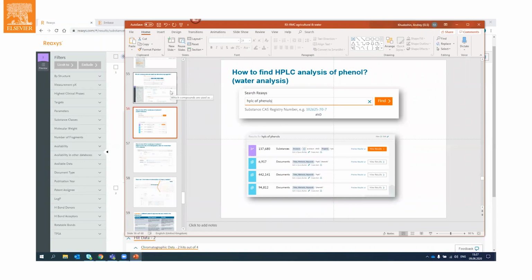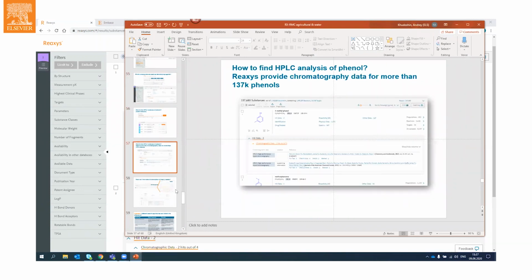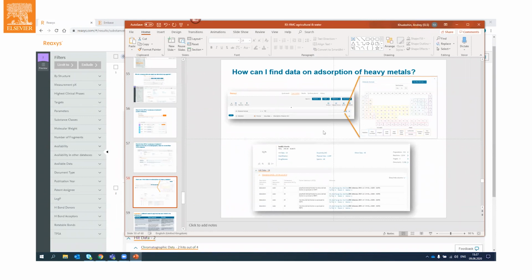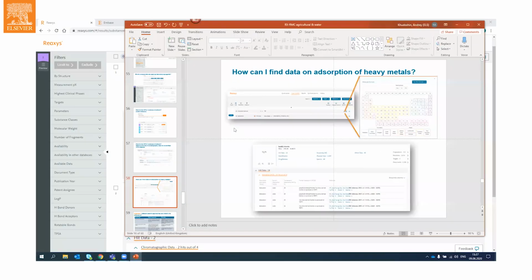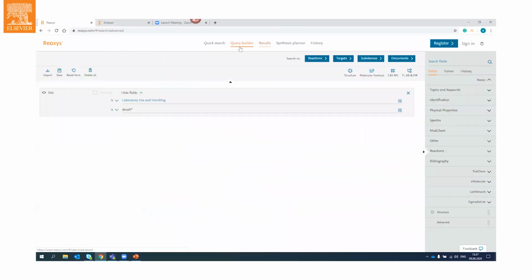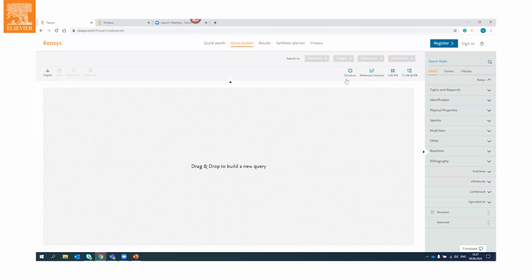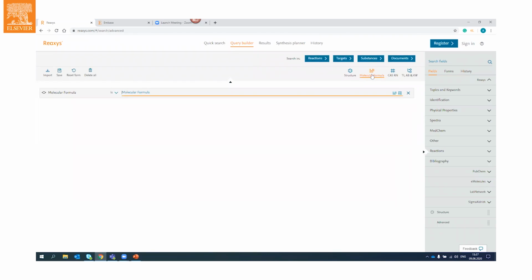What else have we not covered? Here it is. It's quite interesting, for example, when we deal with water treatment, also to talk about adsorption of heavy metals and how you can do this search in Reaxys. To search substances, we have the structure editor, which we already covered. Also, we have molecular formula search or CAS number. And if you click here, you can